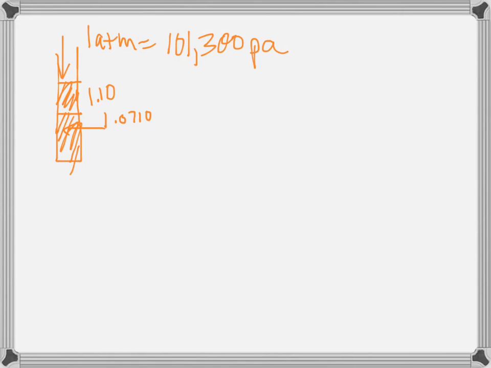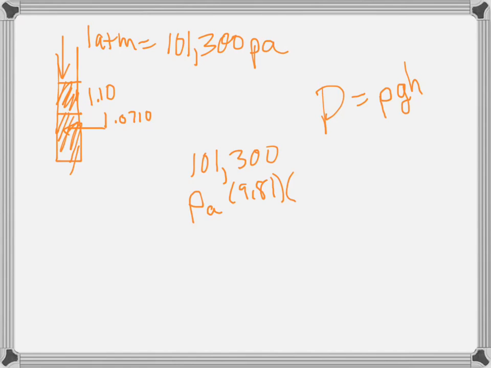Okay, so the equation that we're basically using for these 5 problems, pressure, is density times gravity times height. That's going to be the equation you use pretty much for the whole thing. So the top pressure is just given to us, 101,300. And then we'd have to take the density of ethyl alcohol times 9.81 times the height, which is 1.10, and then we have to add the density of mercury, whatever that is,